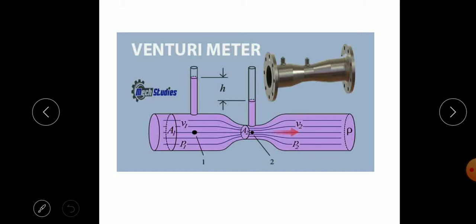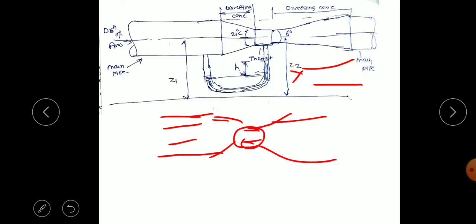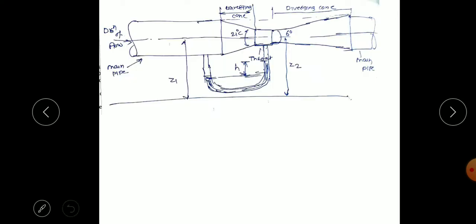So we can see here the venturimeter has three parts. This inlet part has a diameter equal to the diameter of the pipe. Then this decreasing portion is the converging part, where the diameter goes on decreasing. At the end of the converging part is the throat section. The throat section means a smaller diameter with uniform cross section. After that, again the diameter goes on increasing. This part is the divergent section. So we can see here, this is the diverging cone.